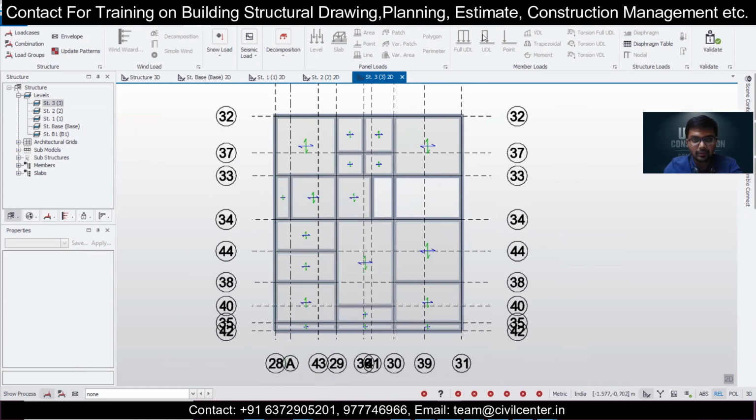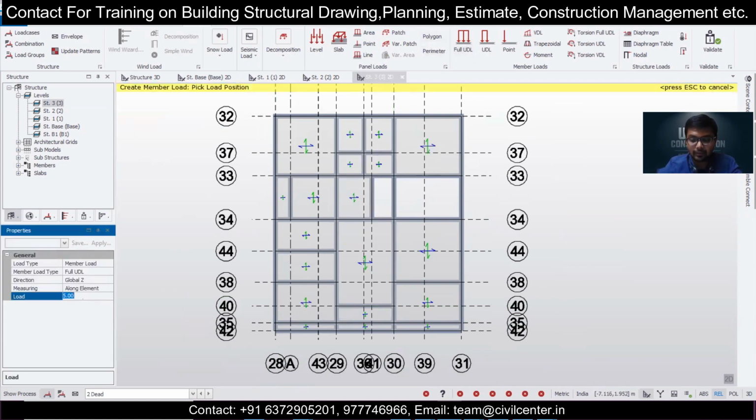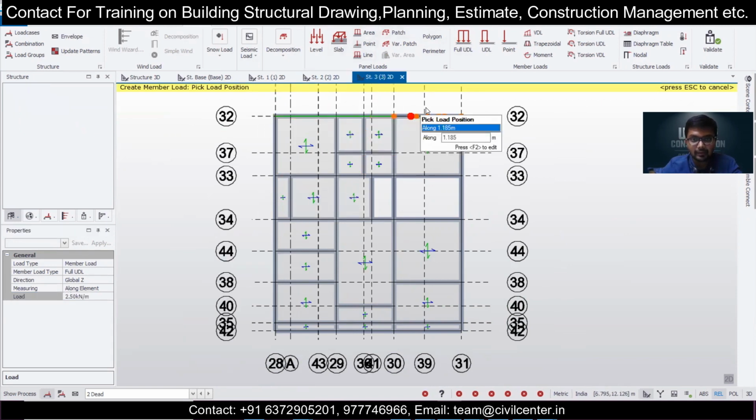We'll go to this particular option of dead load, and here if you want to make similar floors, we can do that, or else we can keep the same arrangement. So we'll open the option of the dead load here, and full UDL, and we'll take a parapet wall load of 2.5 and apply it on all the outer walls except the staircase, where it will be the full.